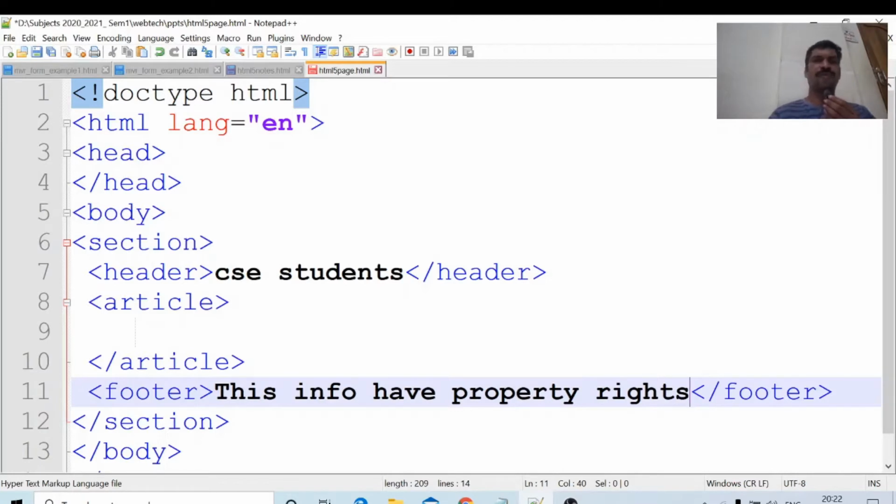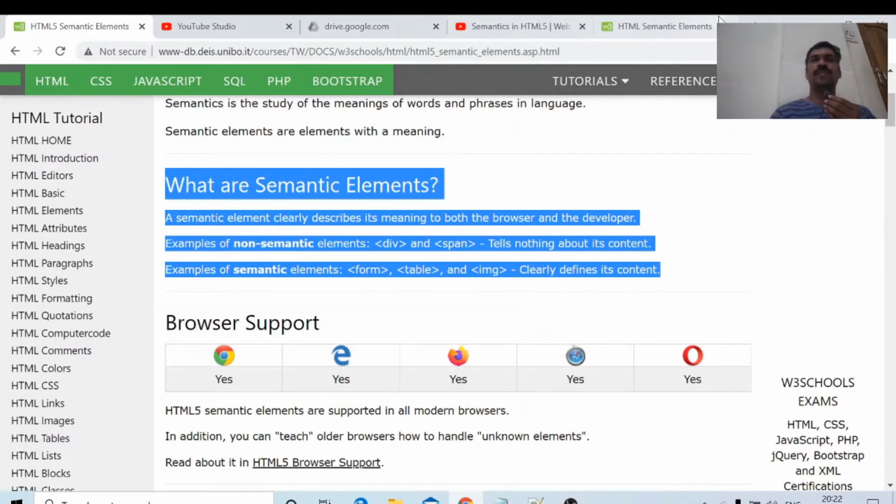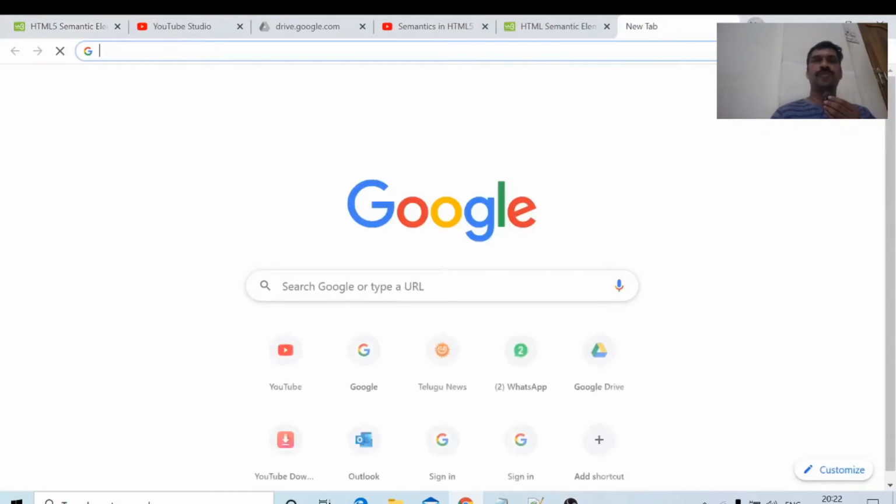Some footer information is there. I am writing about CSC students. I am writing one article about CSC students. I will write some information, and I will copy this information from Google.